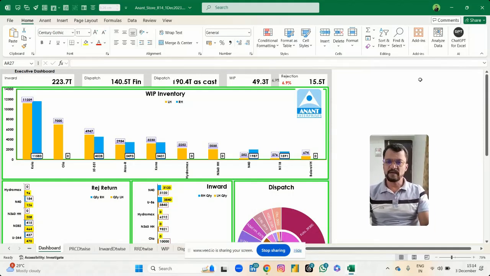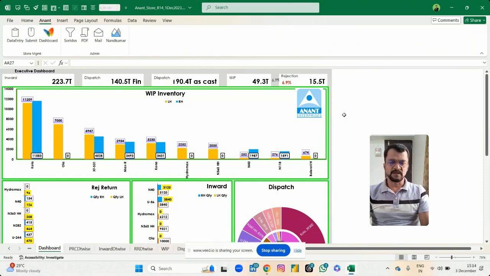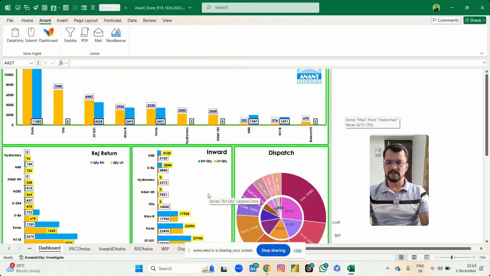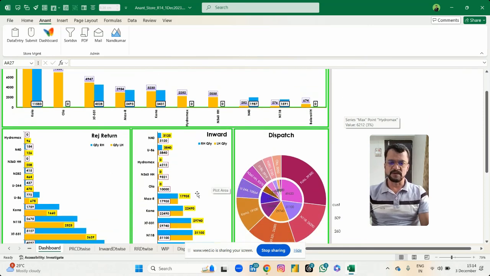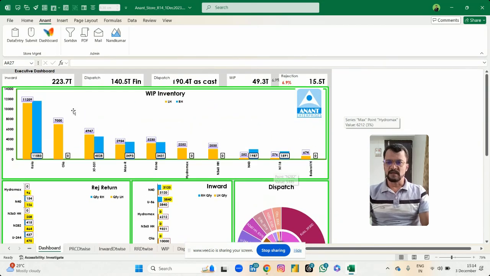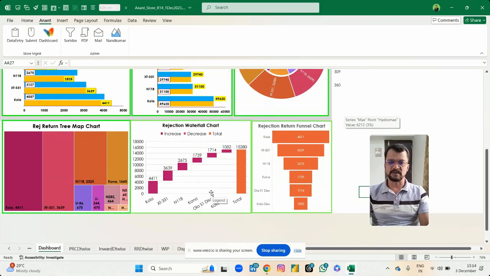Hello friends. Today I am going to share with you one Excel automation which I have created for Anand Enterprises for store management. In the store, the person has to know how much work in progress inventory is there, how much rejection return is there, how much inward and how much dispatch is there. Then overall inward, dispatch as finished parts, dispatch as raw material, the work in progress, rejection, in weight and in tonnage. So I have created one dashboard for him, and he can get all this data in